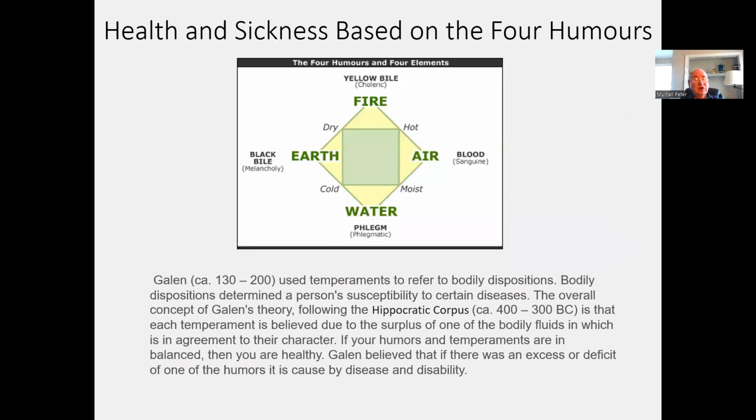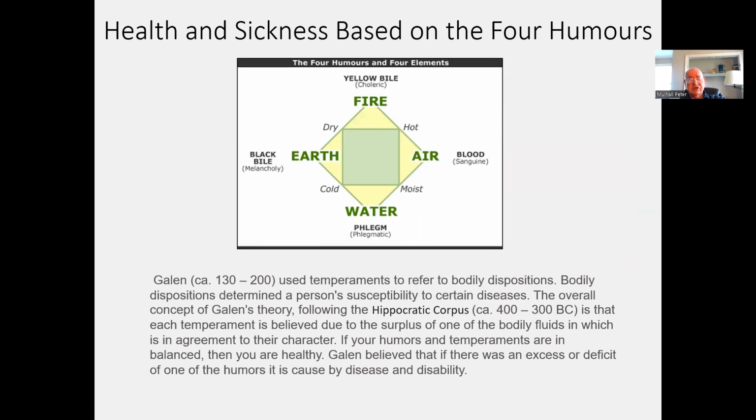And just taking it one step further to see the influence of Aristotle and his categories, we have the famous humor theories of medicine of the ancient world, very much going right up through the late Middle Ages and the Renaissance, coming from the great physician of the ancient world, Galen, of the different humors, different biles, black bile and yellow bile and phlegm and all that kind of stuff. And the idea that sickness was